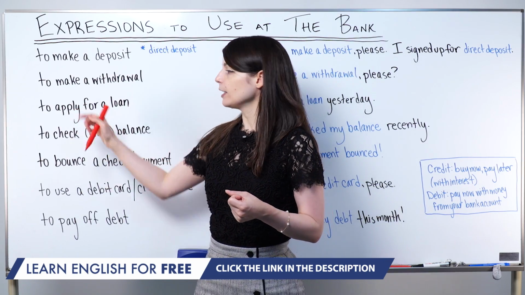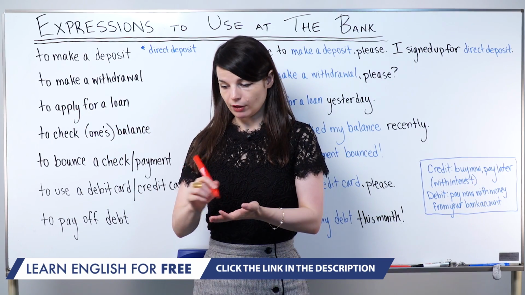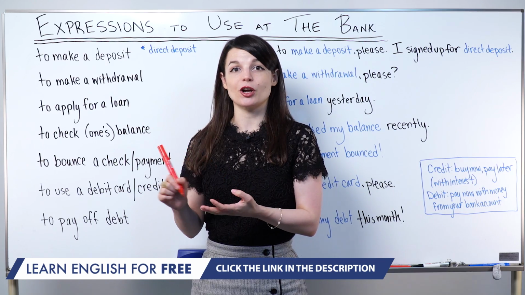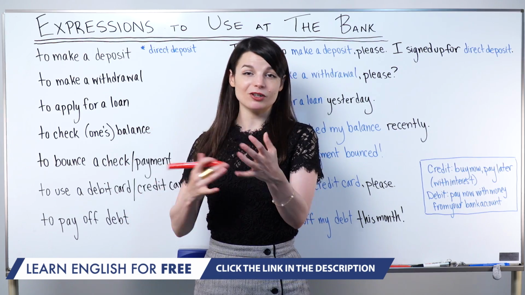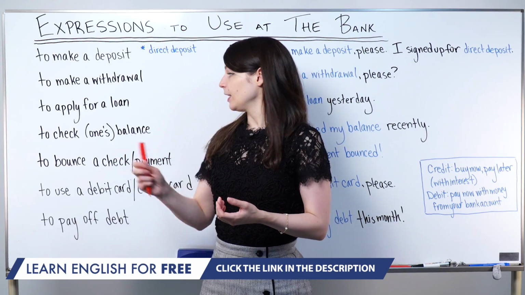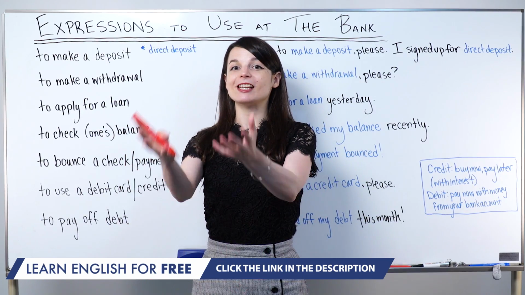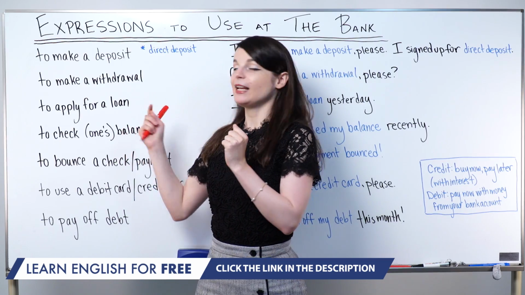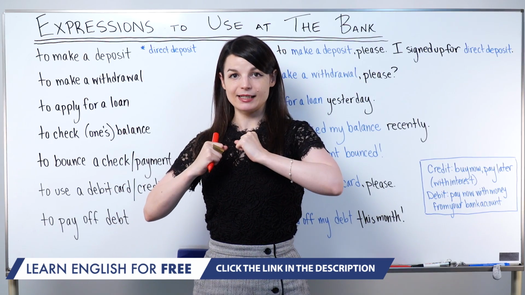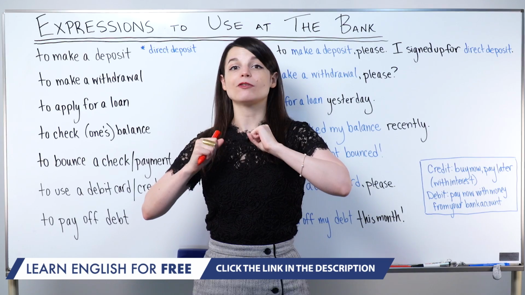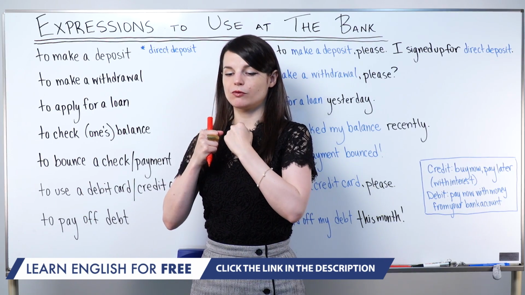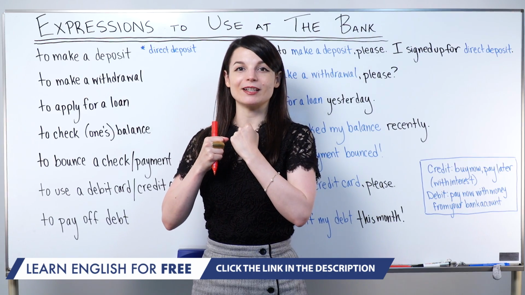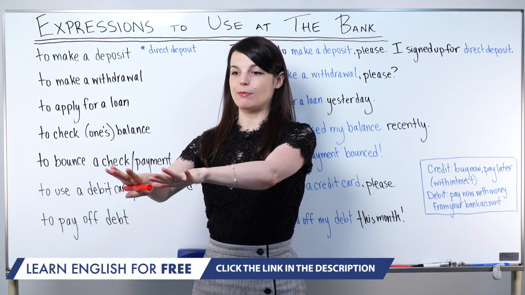So to apply means you go to the bank, you fill out some forms, you share your information, how much money you have. You usually have a meeting with the person at the bank to see if you can receive a loan. A loan is money from your bank, and you have to pay that money back to the bank. So you receive the loan for your business or for the thing you would like to buy, and you pay the money back to the bank